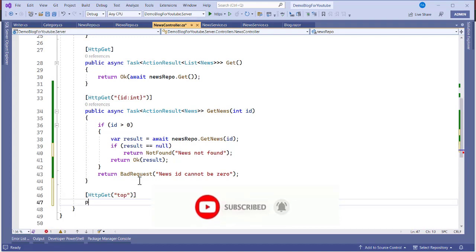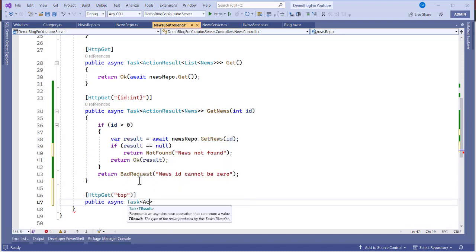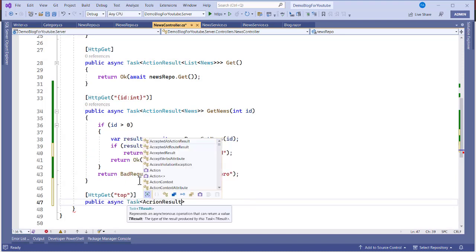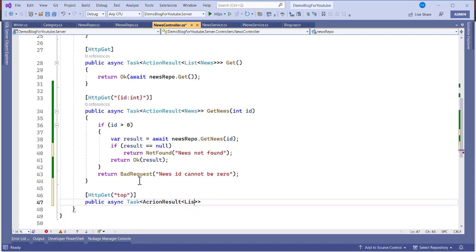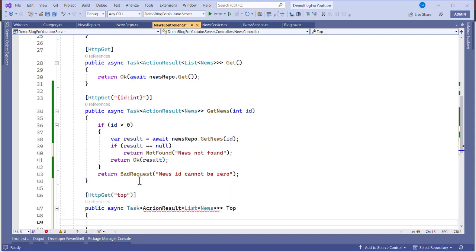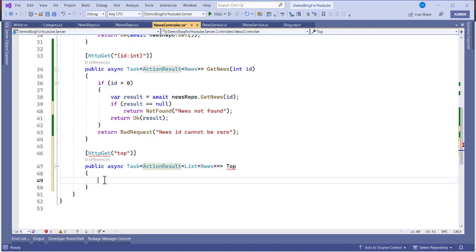So top, and it is public async task, and that is the action result, giving us a list of news, and this is top. So this return, okay,